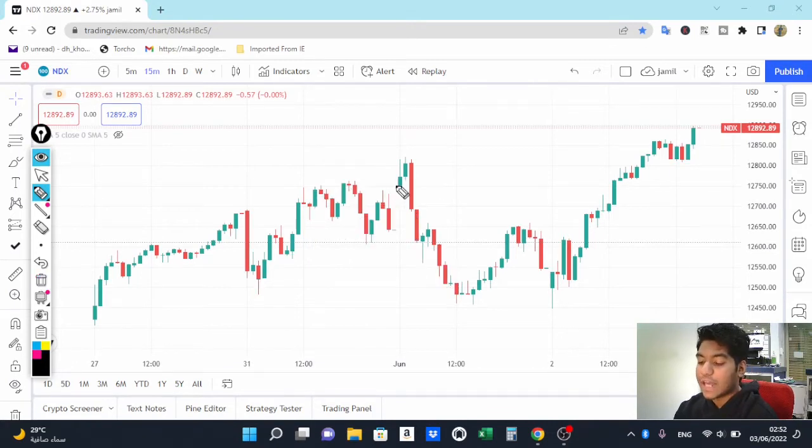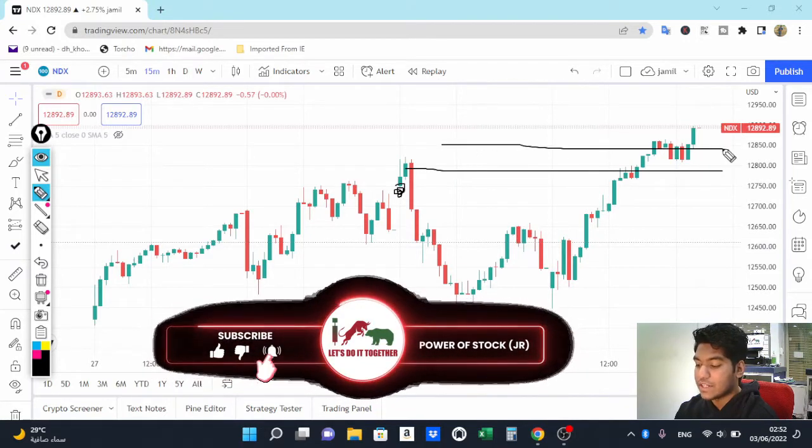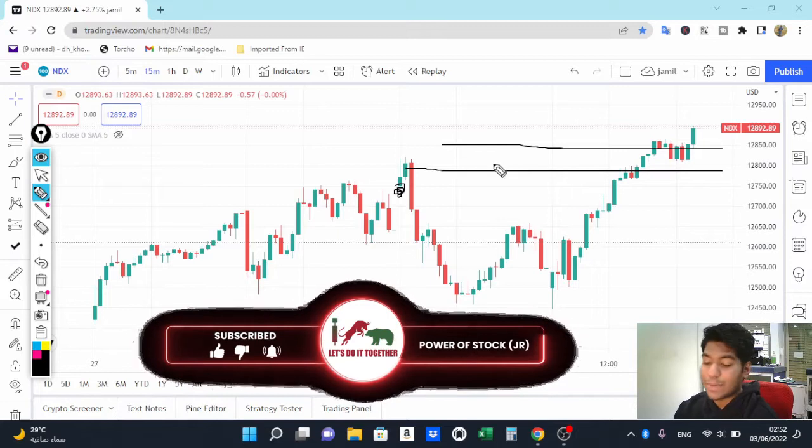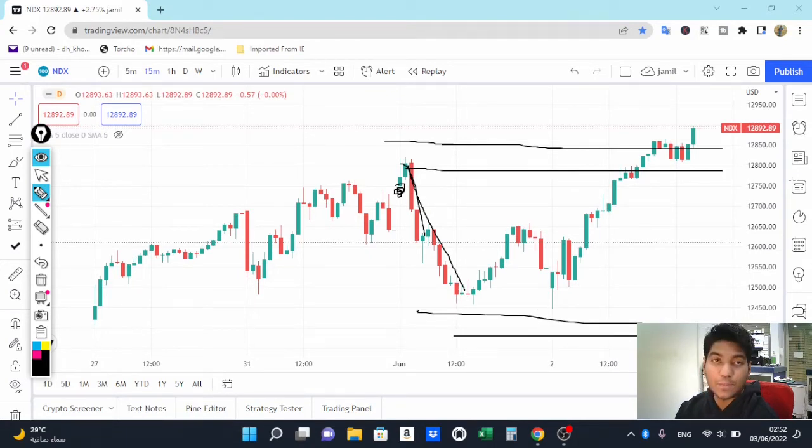And about the gap up, we discussed that if anything gaps up, 12,800, 12,850 is going to be an important resistance where the market can face resistance, and this round level also acts as a resistance in the market. And we discussed that even if you want to buy, do it with small quantity. Now you can understand why we discussed a small quantity from that range, because this range can react immediately as a resistance. Now you can see after the immediate reversal here, we discussed 12,500, 12,400 is going to be an important support for the market. And after touching this level, the market started buying from that range,